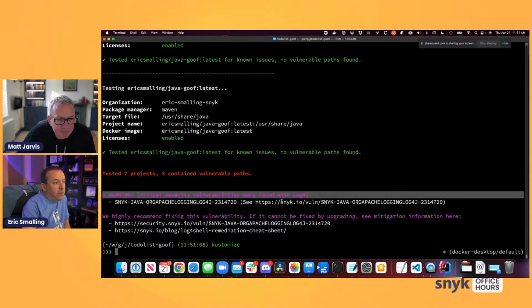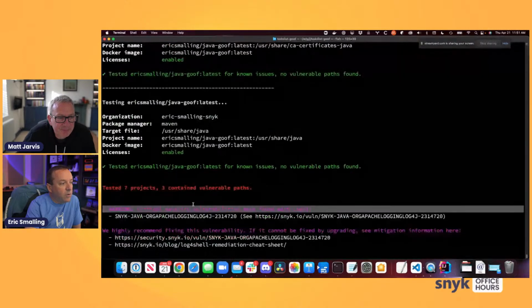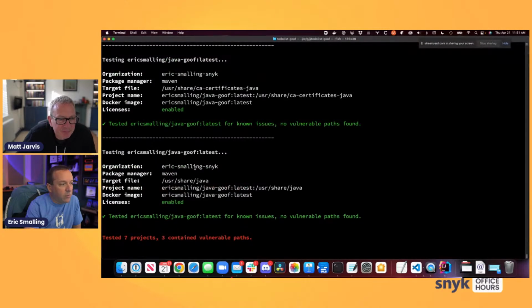So it's saying, hey, if you don't want to look through all the stuff above, at least know this: you have log4j at a vulnerable version in here, and some advice. If we scroll up now, you can see this is a lot more stuff in here than we saw in a normal container scan. So it's looking at